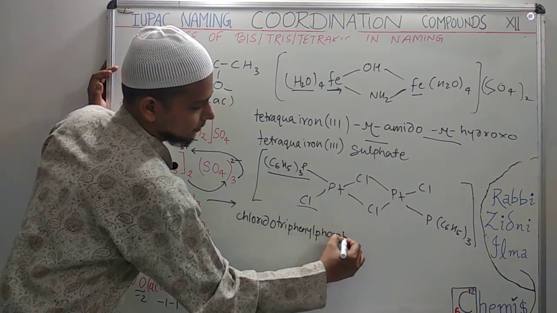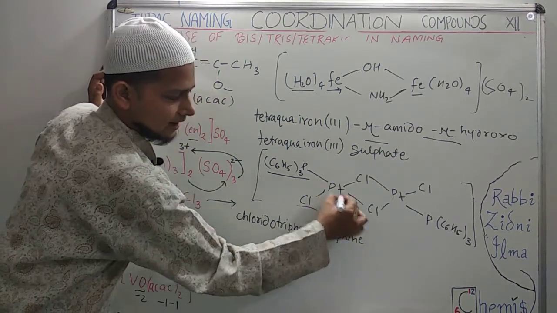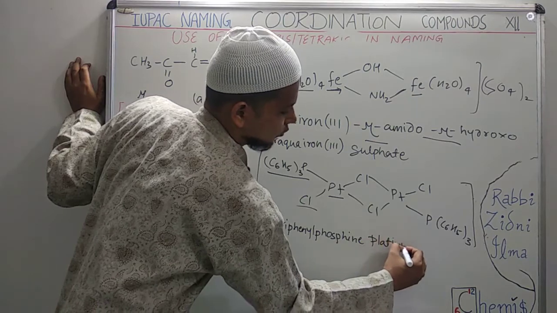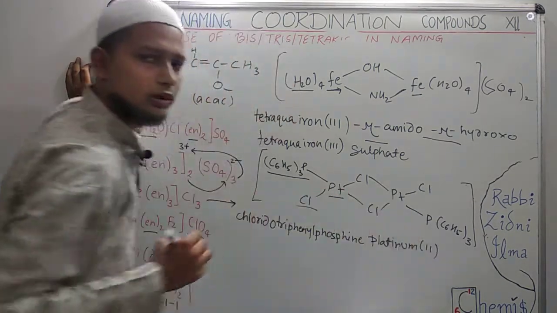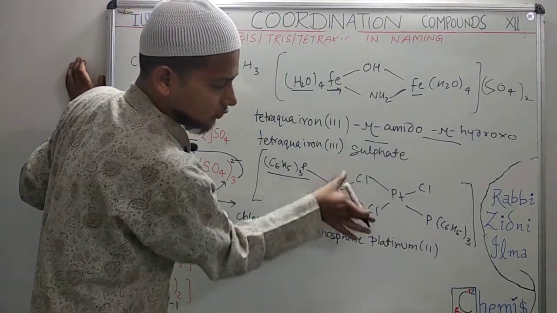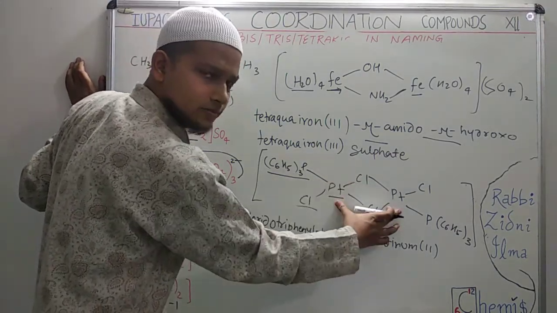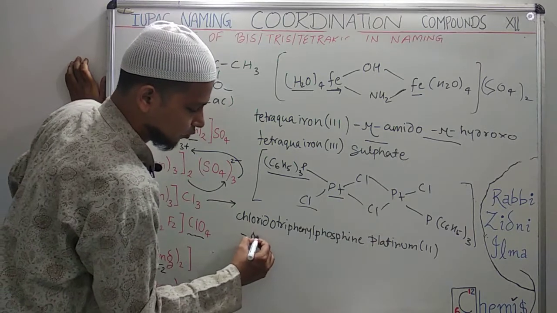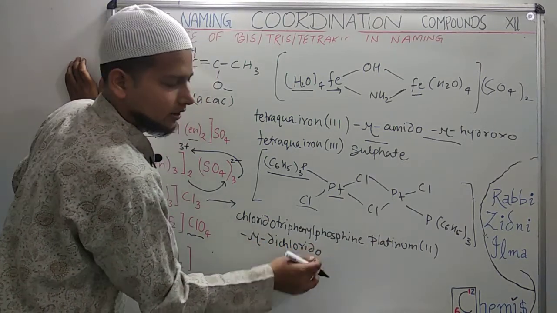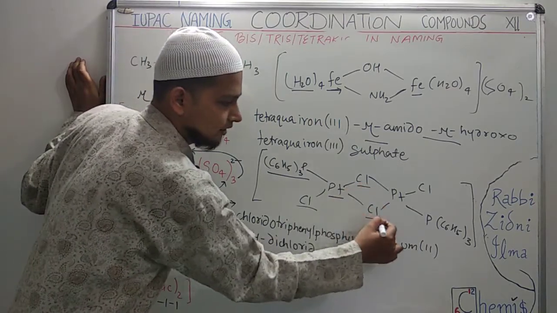Phosphine is an important compound. Next is this platinum, so we will name it platinum. The oxidation state is no miracle, it will be 2. I have told you, just go behind. Now these are the 2 bridging ligands between these 2 platinums, so the symbol comes, mu. Dichlorido, I will cover both the chlorines, dichlorido. So we have gone this far.